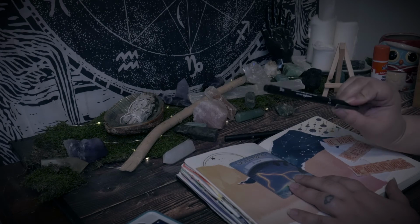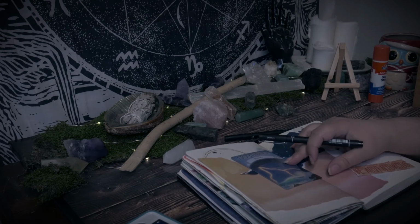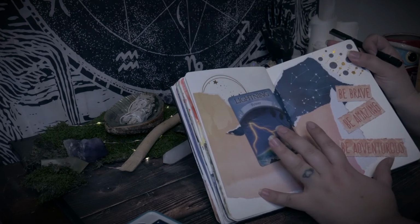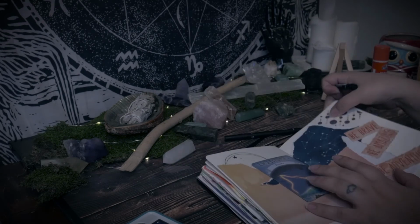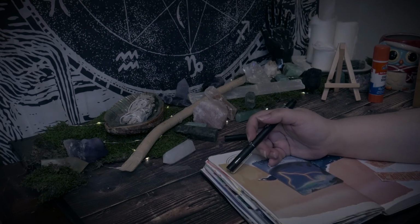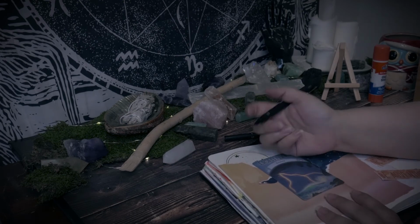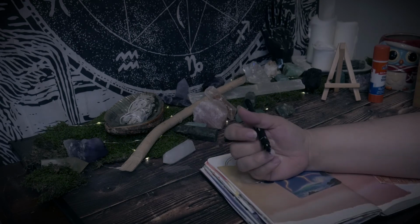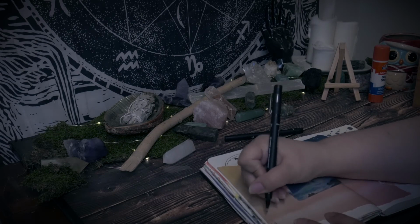And I'm going to take my 0.8 fine tip and write the first part of that quote. And you can write it however you want to. You can write it in a straight line, you can write it sideways, you can do whatever. I think I'm going to write it along here. So we are writing, be the lightning bolt in the room. Okay. And I'm going to use bold letters because lightning bolts are bold, right? They're strong, they're confident. So be